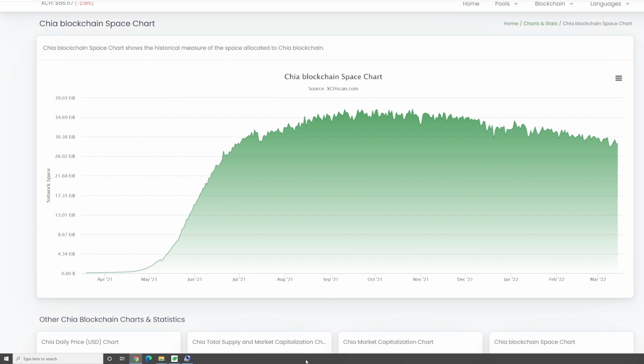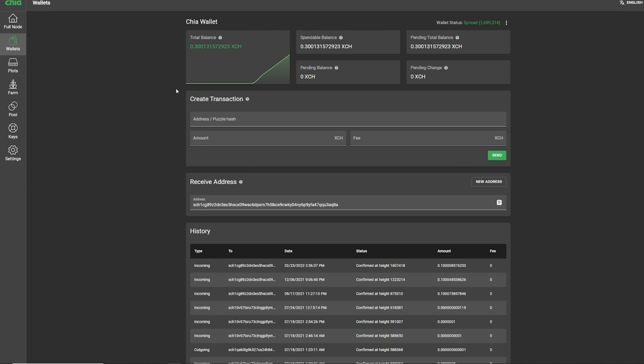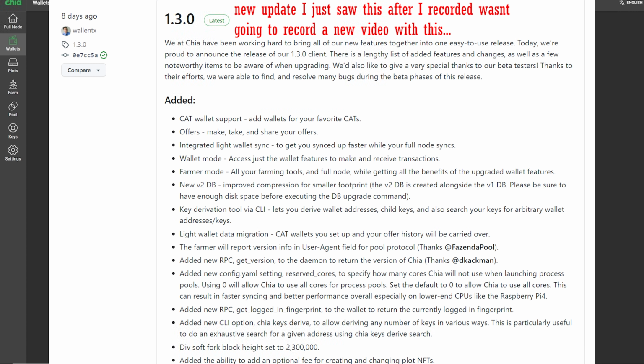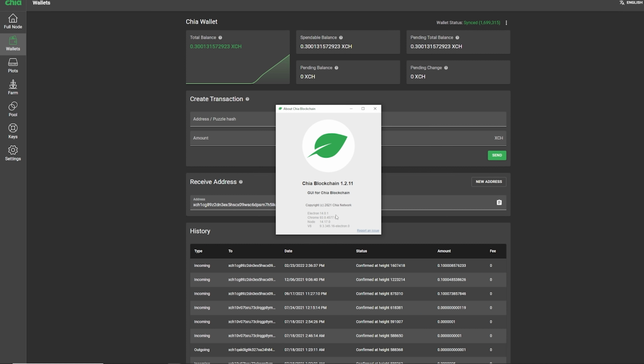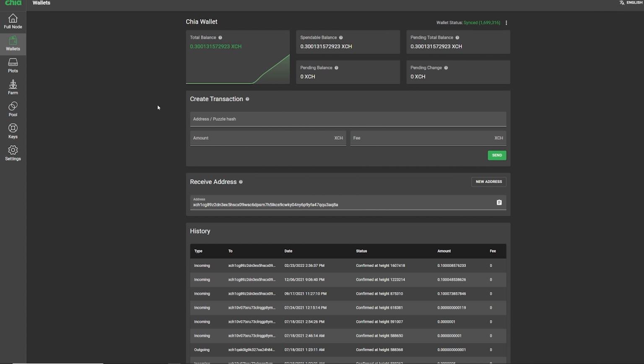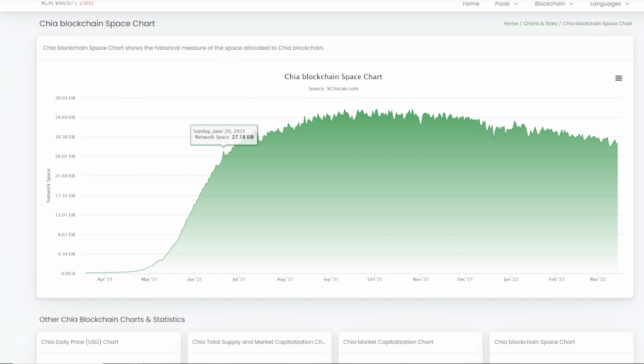Okay, so let's first talk about my Chia rig. You can see here, I have about 0.3 XCH total balance on my wallet here, and this is the wallet I'm using, about the Chia blockchain 1.2.11, and I believe this is the latest version, I think from back in November of 2021, and that's on their GitHub, and I recently just updated it, maybe 2 months ago. And I'm going to be honest with you all, there were times when this rig was down, okay? And so let me just show you. Let's go to my